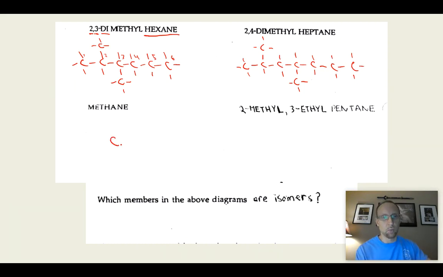Methane, that one should be pretty simple. 1 carbon is meth, and then you just put 4 H's. CH4. Right, that one's easy. It's just 1 carbon, meth. And now the last one,